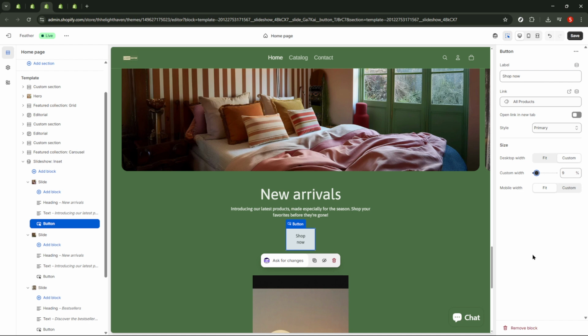When you're happy with how it looks, click Save. Saving confirms the change on your live theme. If you have other buttons in different sections that should match, repeat the same adjustment there so your design stays consistent. That's it, your button is now smaller, cleaner, and still